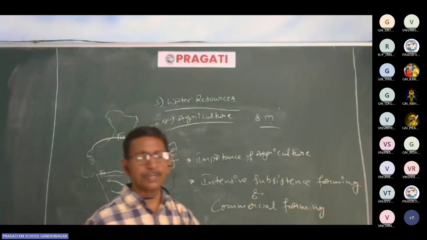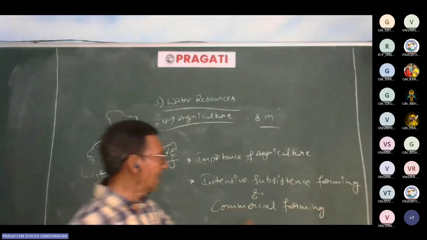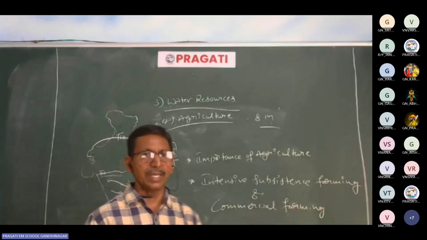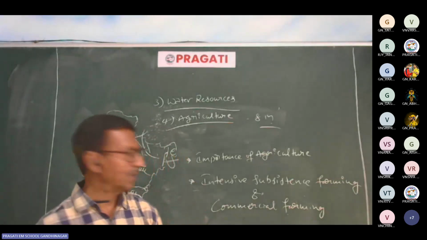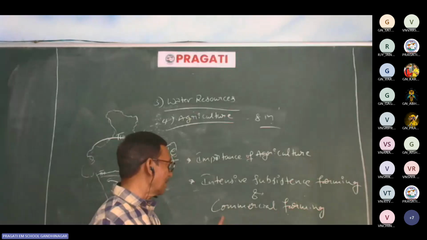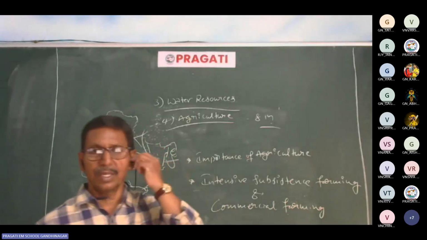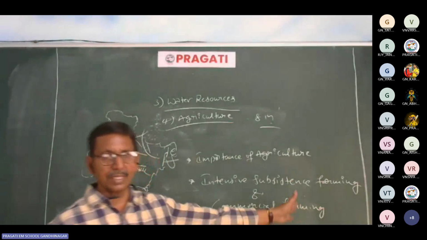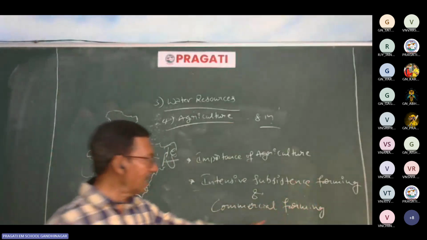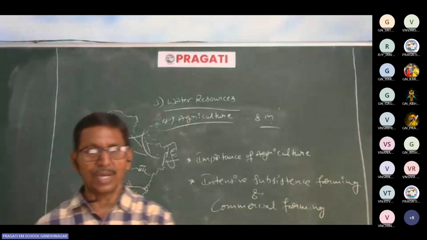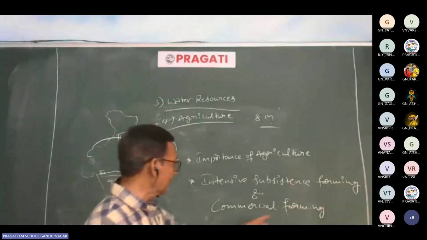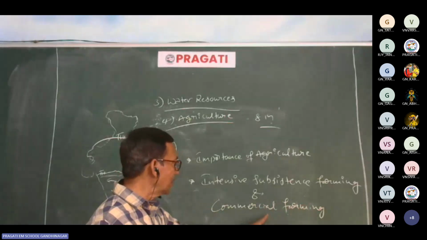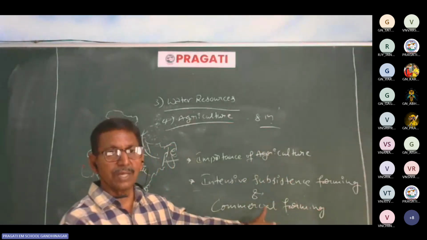Commercial farming is practiced in Punjab and Haryana. Large areas are cultivated, of course, with paddy, jowar, wheat, etc., on a large scale. For example, paddy is cultivated in Punjab on a commercial basis. They do not eat it. They export paddy, basmati rice. You may find basmati rice cultivated by Punjab, Haryana, etc. They export to far-off countries through commercial farming.